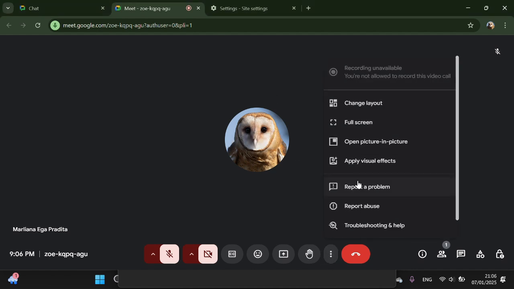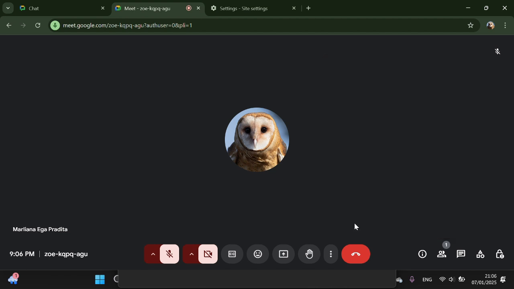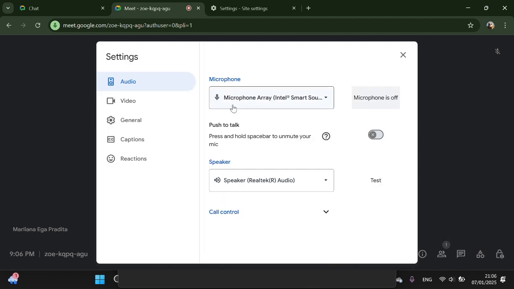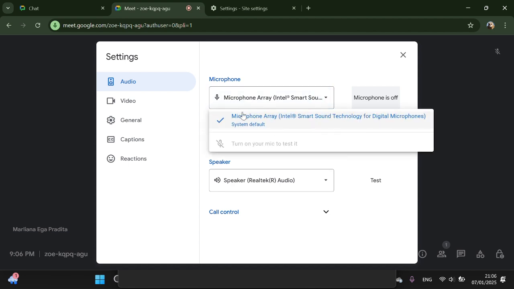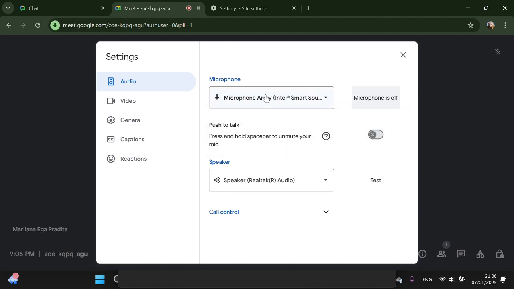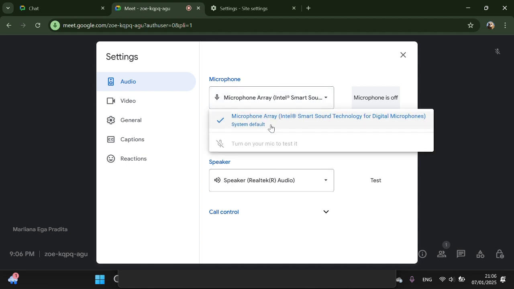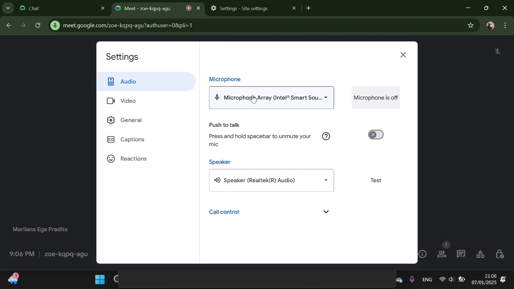We can click on the three dots and then go to the settings. And then here you can select the microphone on your device. You can select your default microphone, or you can also choose the external microphone. Here I only have one, so I'm just going to select this option, and then make sure you select the